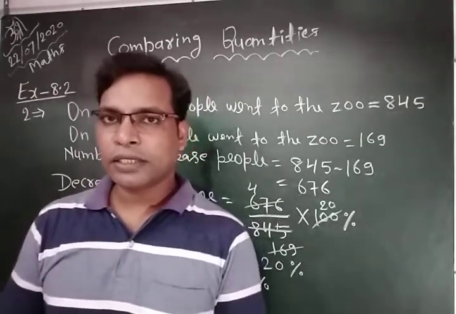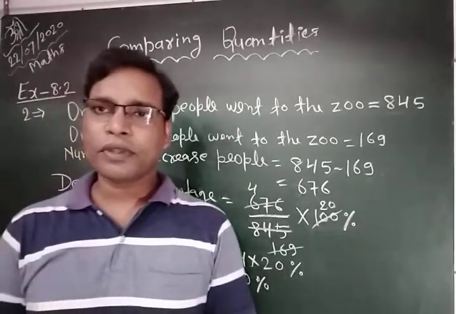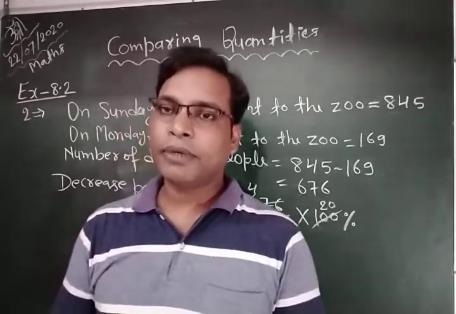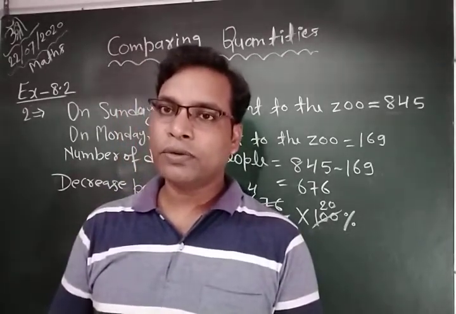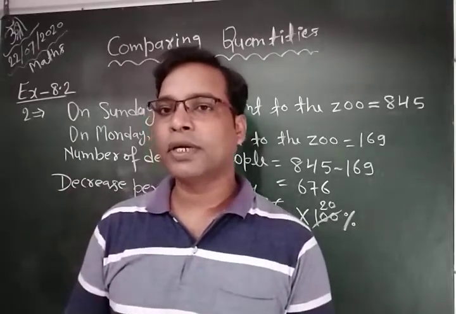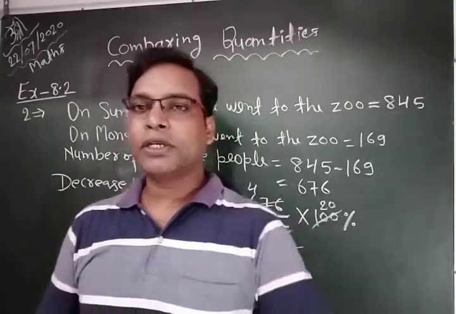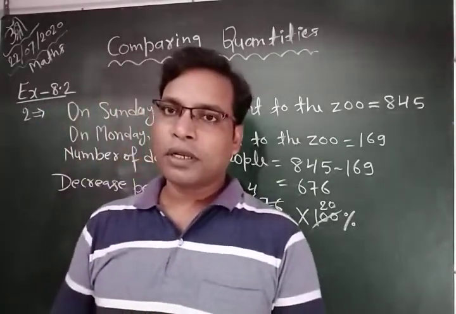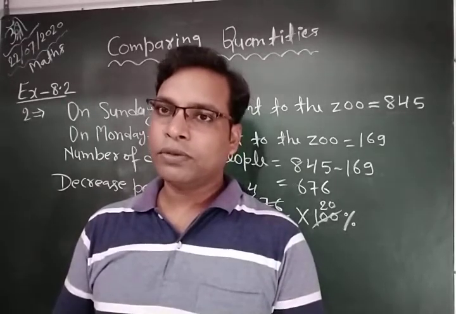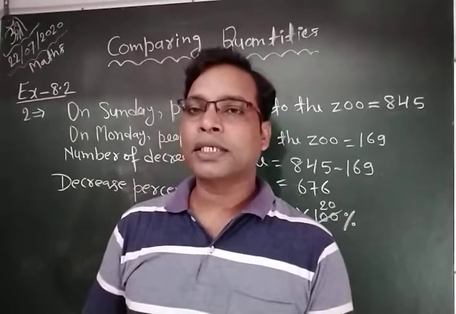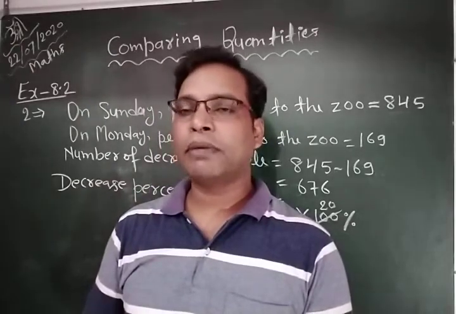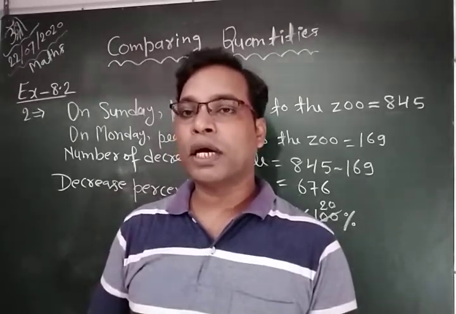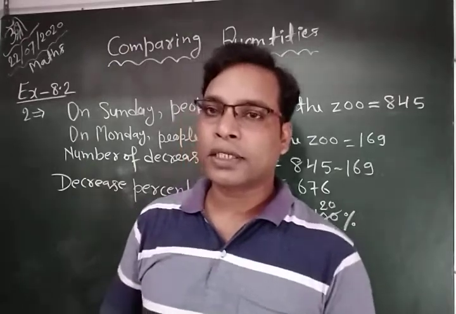So selling price is equal to cost price plus profit. How can you find profit? Profit is equal to cost price into profit percentage. Okay. So here the given profit percentage is equal to 16%. So profit is equal to cost price into 16/100. First we find the cost of one article, because here the number of articles is 80, and the cost of 80 articles is given as 2,400. So first we find the cost of one article.